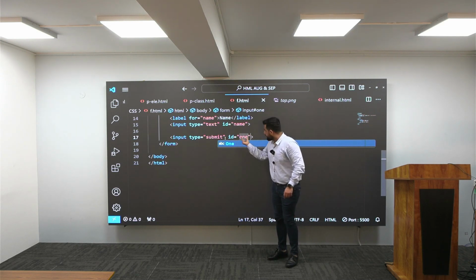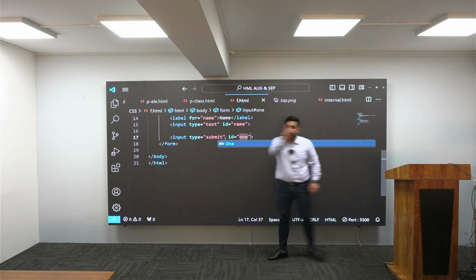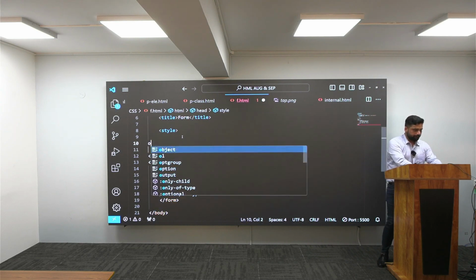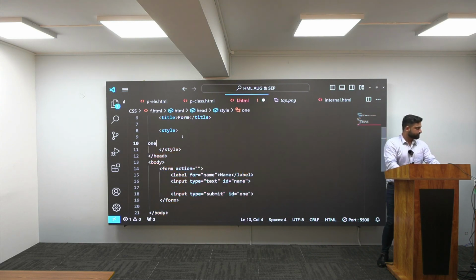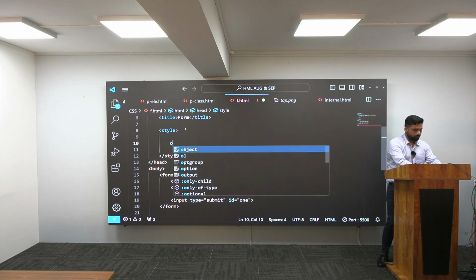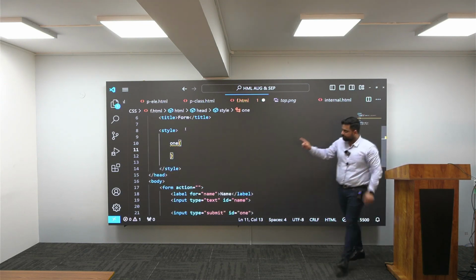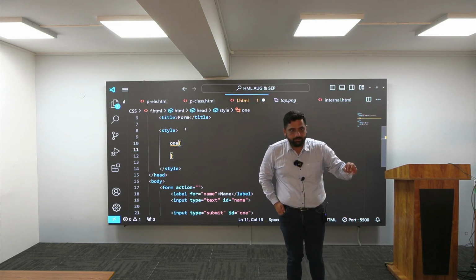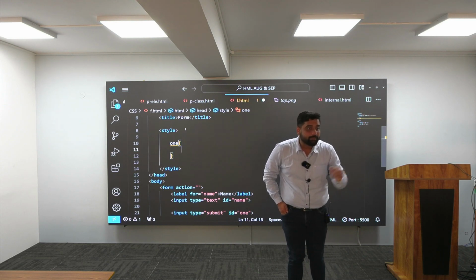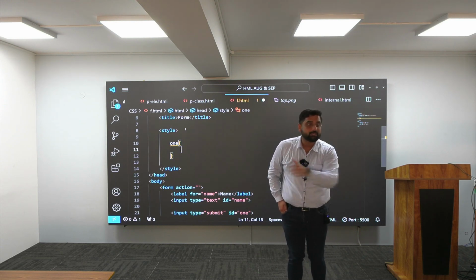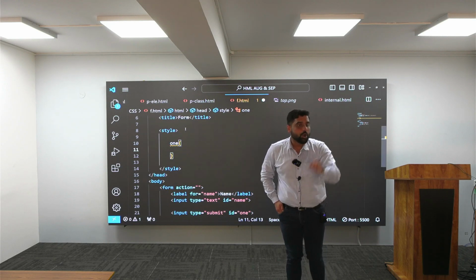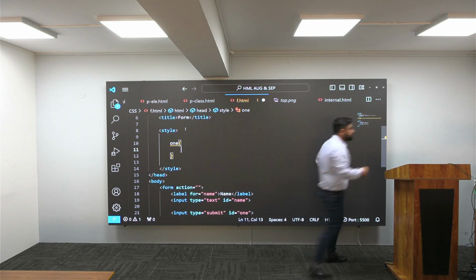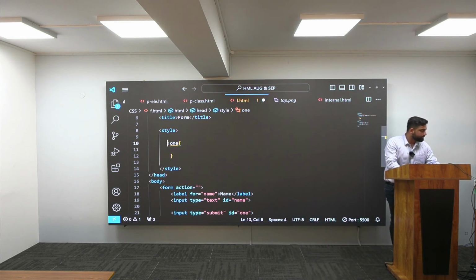Am I clear? The same value I will take and put inside my style tag. Now my friend, if I put it like this, 1, will it reflect the styling here? Why will it not reflect the styling? Internally it will consider this an element, but we should inform it that this is an ID attribute value. How can we inform? Hash we have to use. Where do we use hash? Before 1, as a prefix. So let's use it.